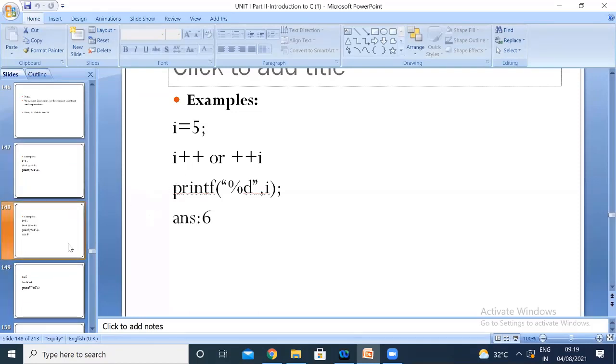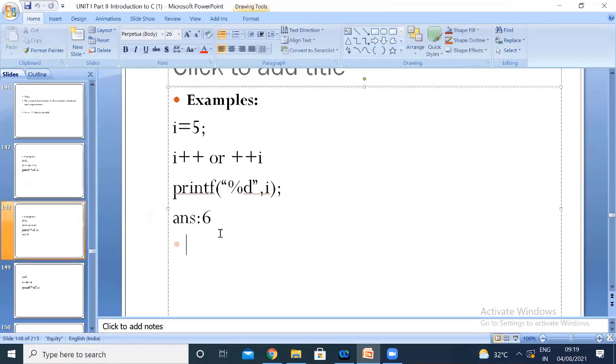Now, what is the answer for this? I is equal to 5 is given, I plus plus or plus plus I. What will be the answer you will be getting here? 6. Yes. I plus plus means post increment and plus plus I means pre increment.